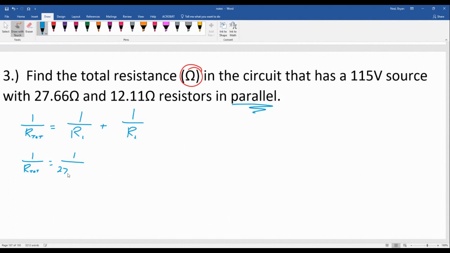Trying to work this down, 1 over R total is not something we can handle right now, but here, for 1 over R1, we can set 1 over 27.66. And then for the other one, similarly, 1 over 12.11. Don't forget, this is still 1 over R total, so this is not going to be the answer. If you divide each of these, you're going to get an ugly decimal for each one, and then go back and add them together,